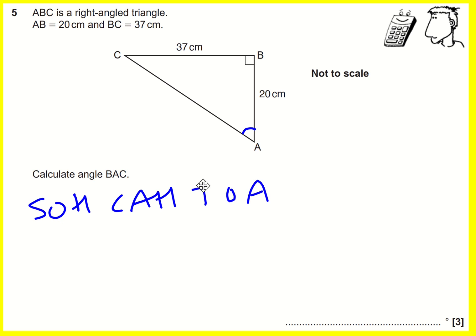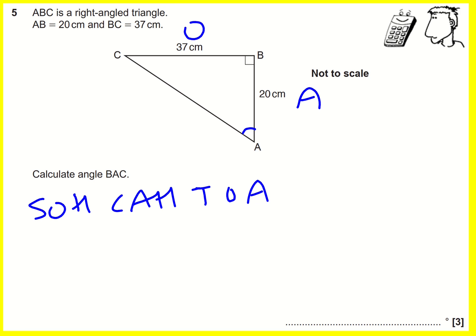I'm going to label the important sides. So this is my angle. This is the opposite, because it's opposite the angle. And this is the adjacent. That didn't look very much like an O, so I'm just going to do that again. And the other one would be the hypotenuse, which I could label, but I know the opposite and I know